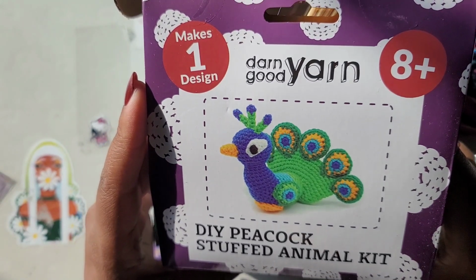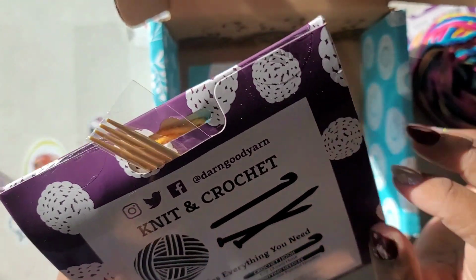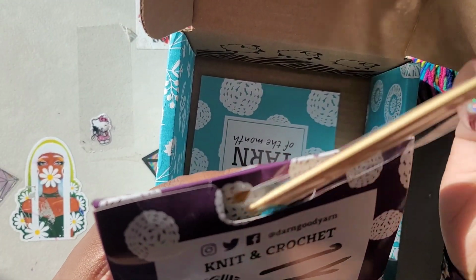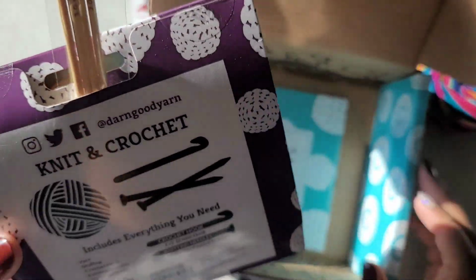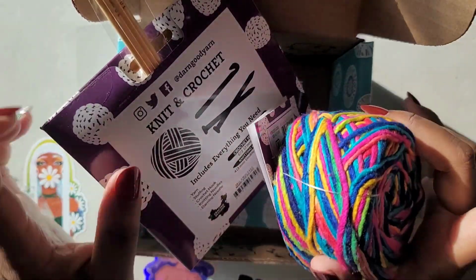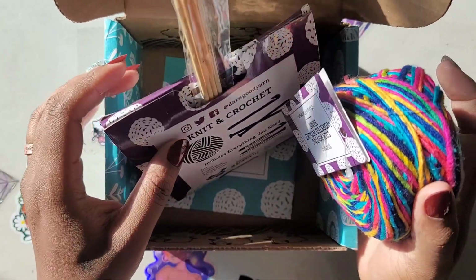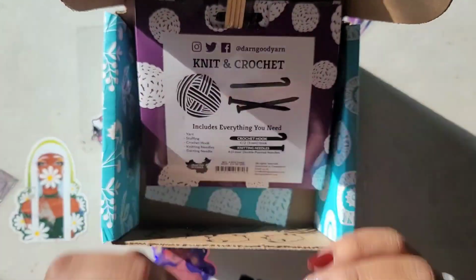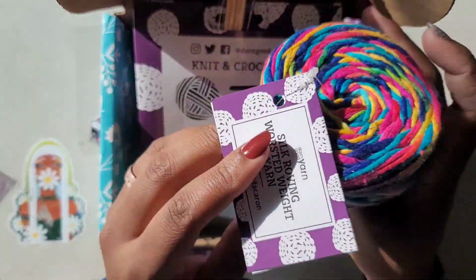This is Makes One Design 8+. Looks like it has, is that knitting needles? Yeah, they are. Okay, we might have to revise some things here. That's really cool. So, first things first, we have this beautiful, I always love the way the yarn smells,